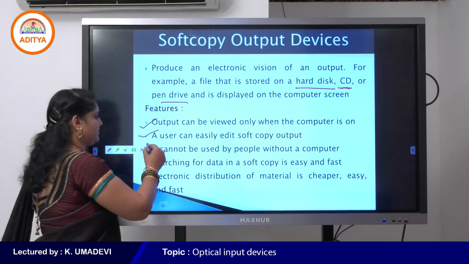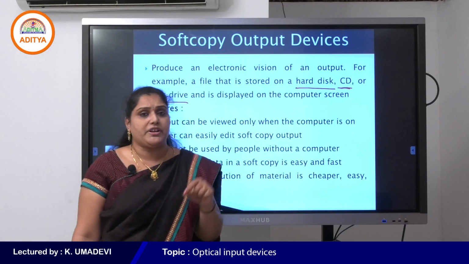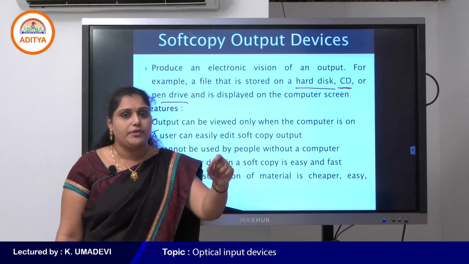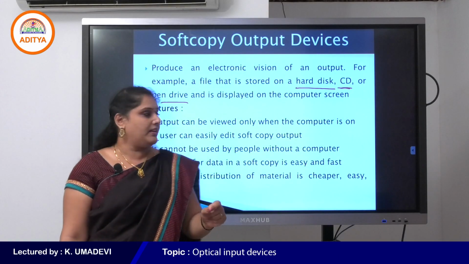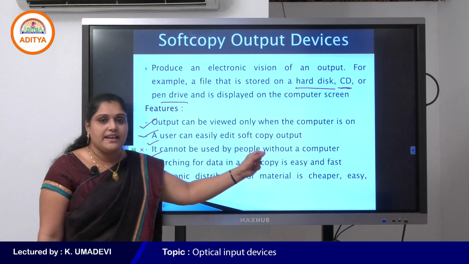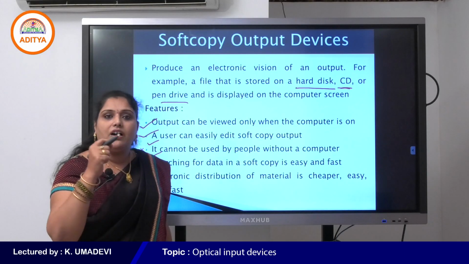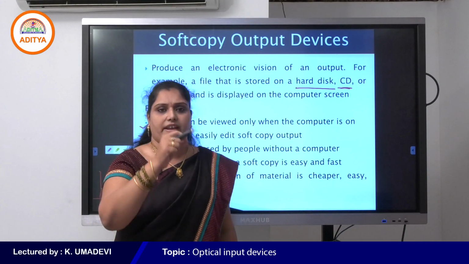Yes. Next one: it cannot be used by people without a computer. That means we must view the information on the screen. Next, searching for data in a soft copy is easy and fast, as we can search any character, word or line.